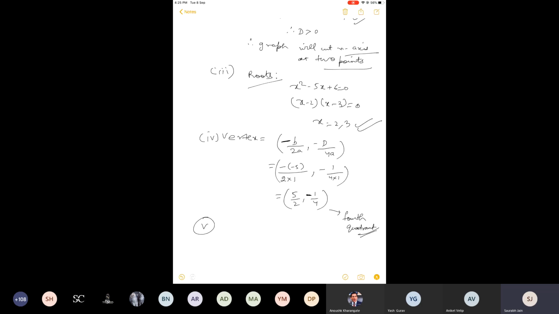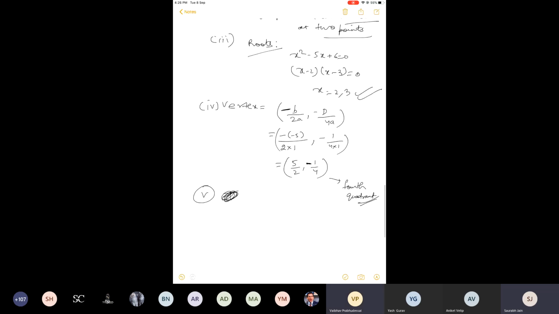Finally the last one. Excuse me, sir. Yes. So the vertex means the starting point of the parabola. It is the turning point. Please listen carefully in the class. The turning point means the bottommost part where it takes a curve. In this context it is the bottommost part, and if the parabola is opening downwards then it will be the topmost part. There is nothing like a starting point in this.